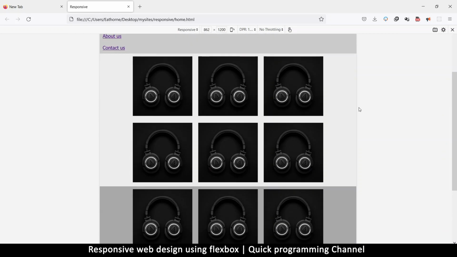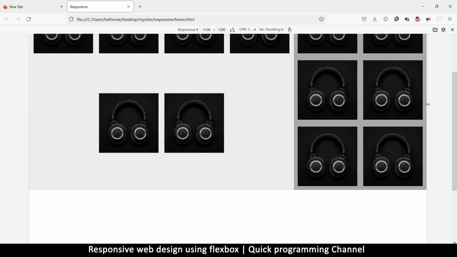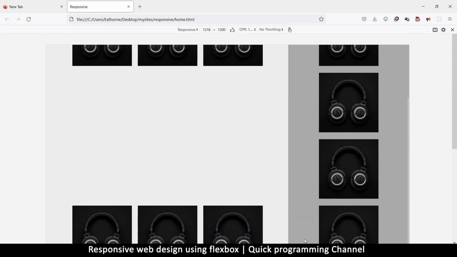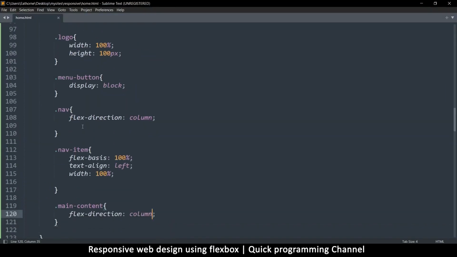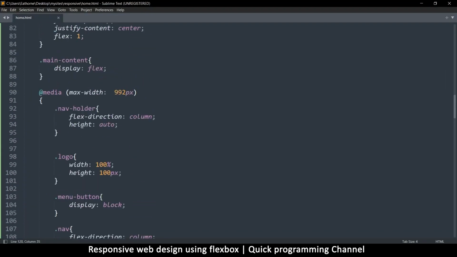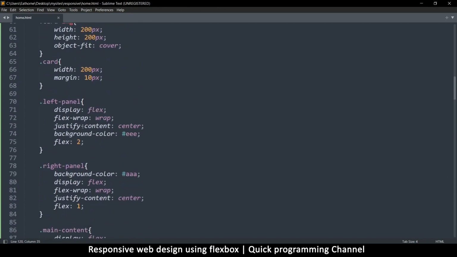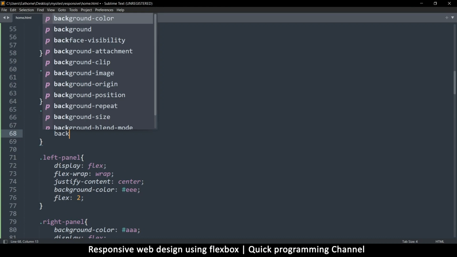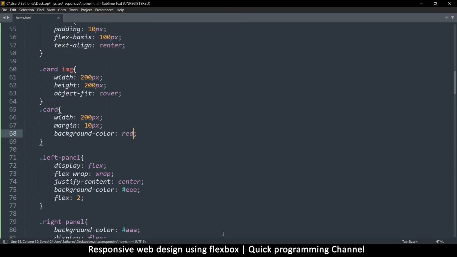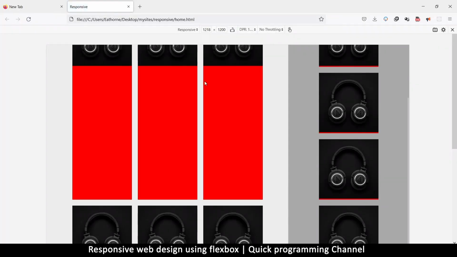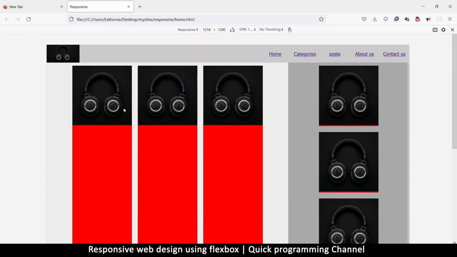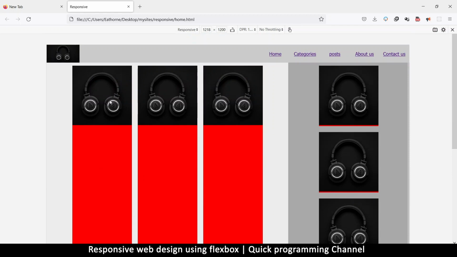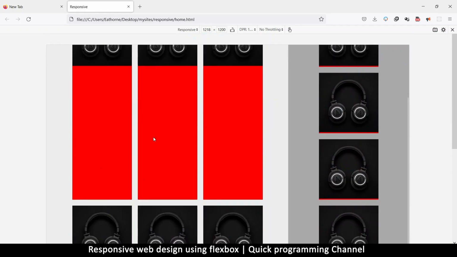Very cool. Now, if you notice when I do this, look at the gap that's left here. And this is for a funny, weird reason. If I go to, what are these guys? Card, right here. Let me put a background color for card, which is red, just so we can really see what's going on. You see what's happening is that the card is longer than it's supposed to be. That's because flex will stretch everything to fit